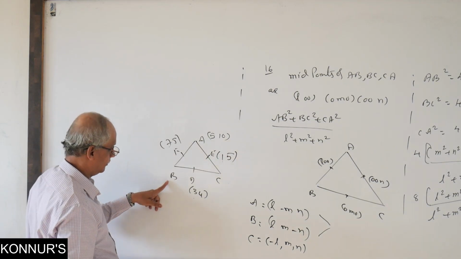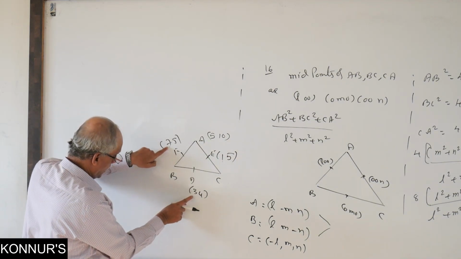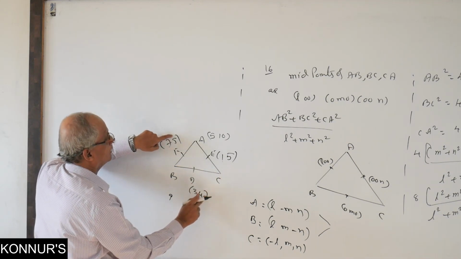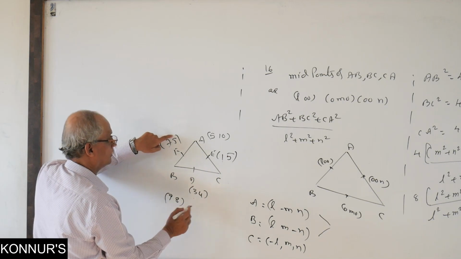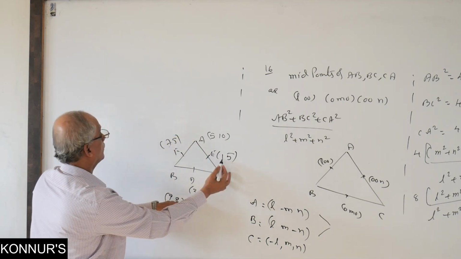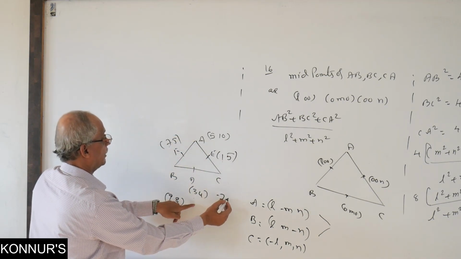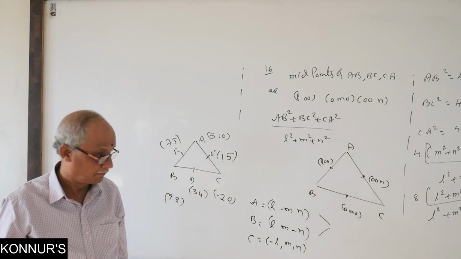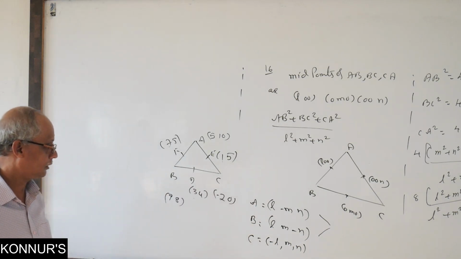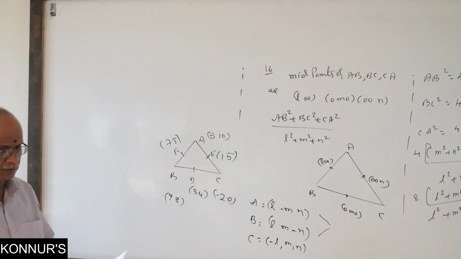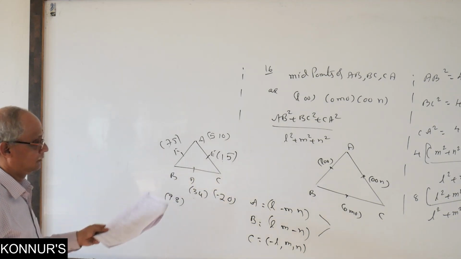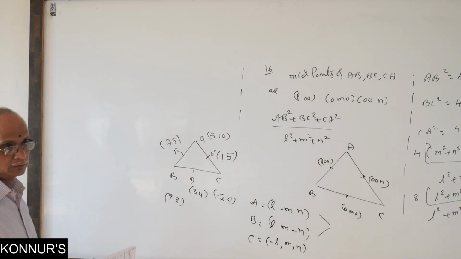If you want B, 10 minus 1, 9; 13 minus 5, 8. C, 4 minus 7, 9 minus 9. The answer is finished without putting anything. All three we are finding. Hence, this type of geometry thing is very costly and useful because the method is very long.